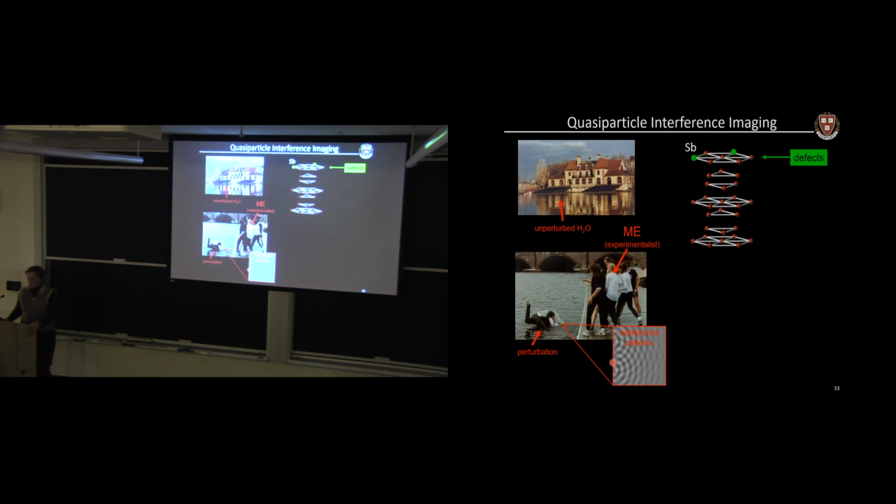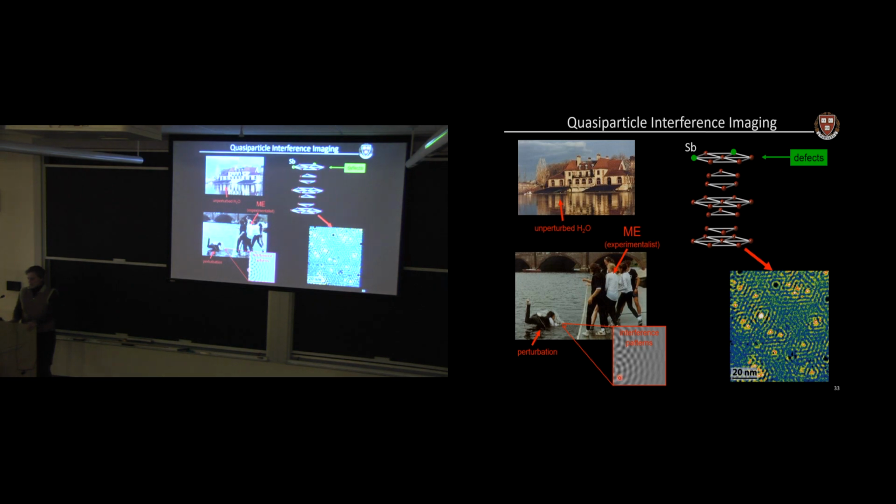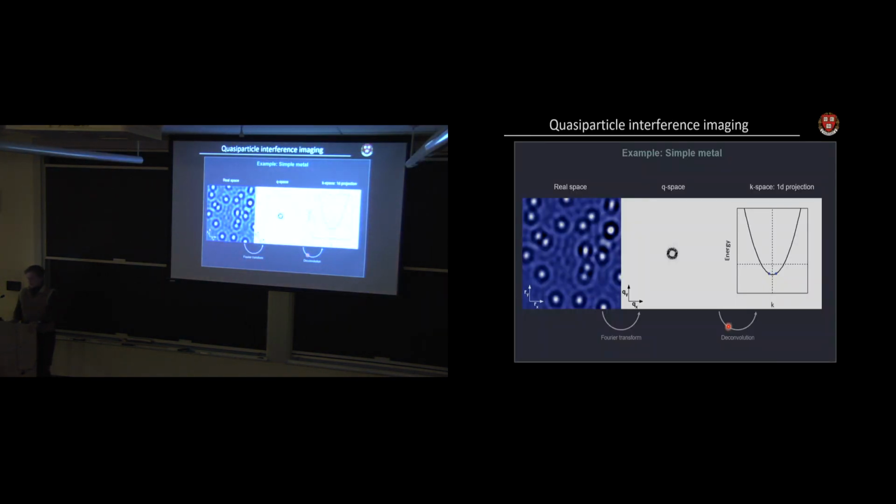We have antimony, we introduce some atomic defects, and we get waves. But instead of water waves, these are electron waves. And so we're going to use the dispersion of these electron waves, the energy versus momentum relation of these electron waves, to tell us about the nature of the material. So mapping that onto a slightly more professional context, here is a simulation, pure simulation of a material.